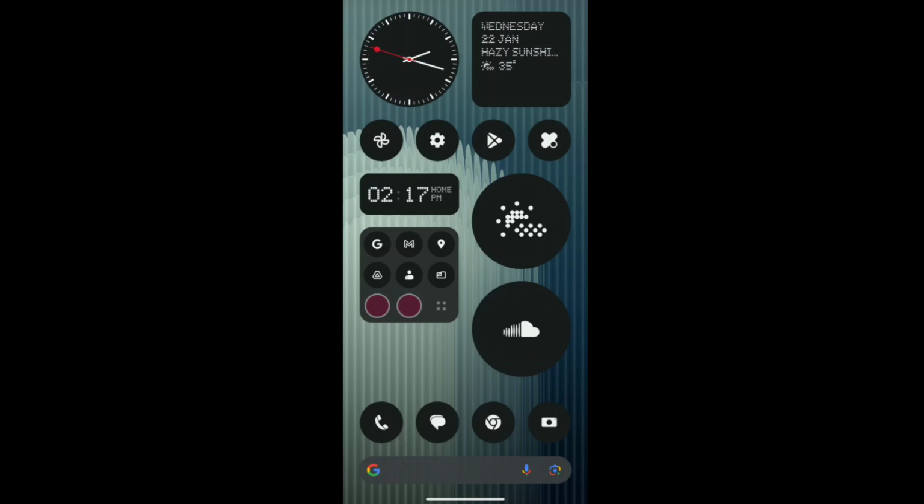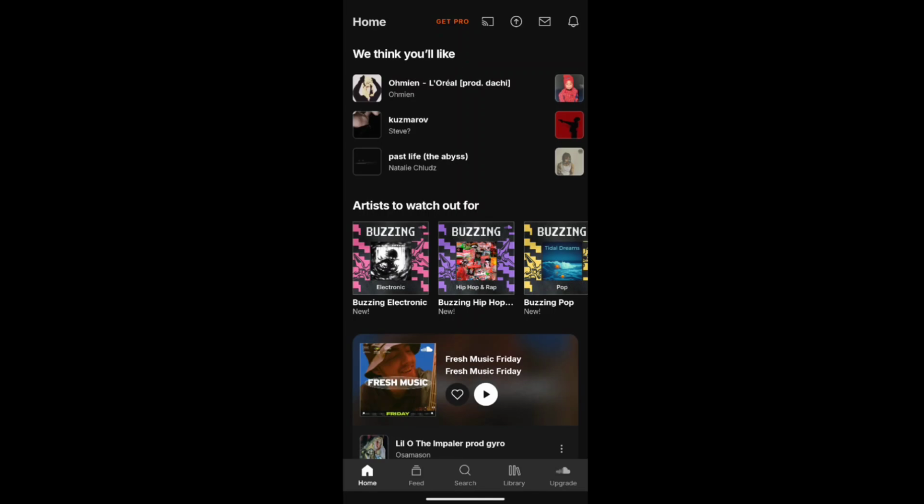Welcome everyone, in this tutorial I'm gonna show you how you can upload music to SoundCloud just from your phone. First of all, open up SoundCloud on your phone, and make sure you have created an account on SoundCloud. Once you created an account, now here at the very top you will see this upload icon, so tap on